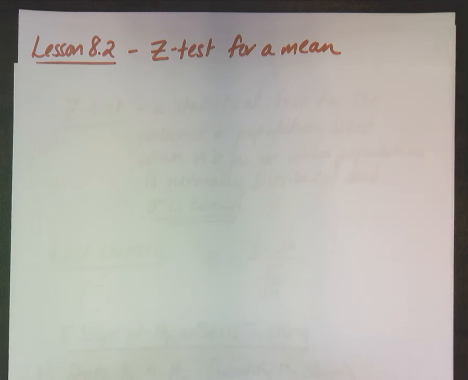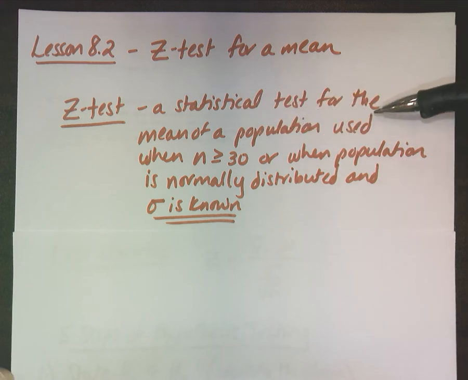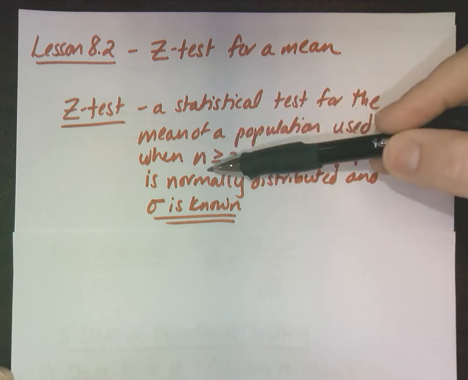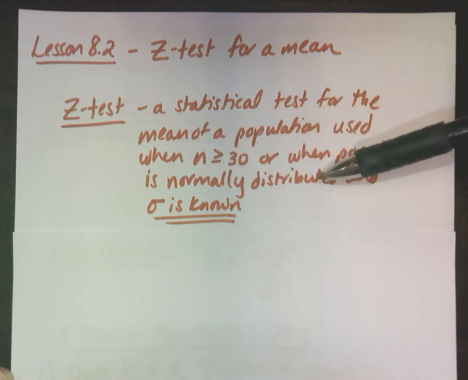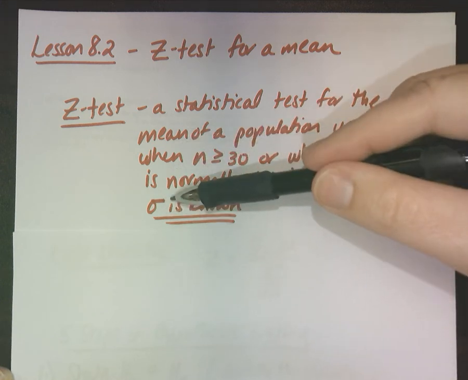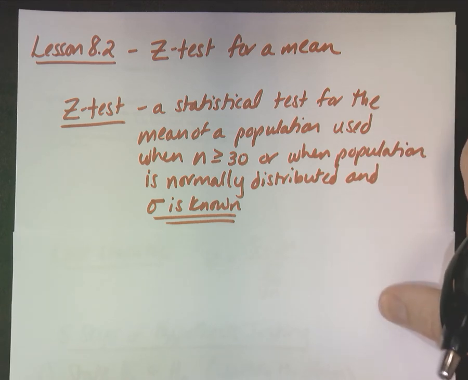So first thing is, what is a Z-test? It is a statistical test that we use for the mean of a population, used when n is greater than or equal to 30, or when the population is normally distributed, and obviously your standard deviation is known. Okay, so we're going to be focusing on tests,